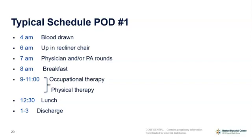Breakfast is served starting around 7:45 to 8 a.m. You will have sessions with both occupational and physical therapy starting around 8:45 to 9 a.m. Lunch is typically served around 12:30 and discharge is typically around lunchtime. If for any reason you are needing to stay a second night, this schedule will stay pretty much the same